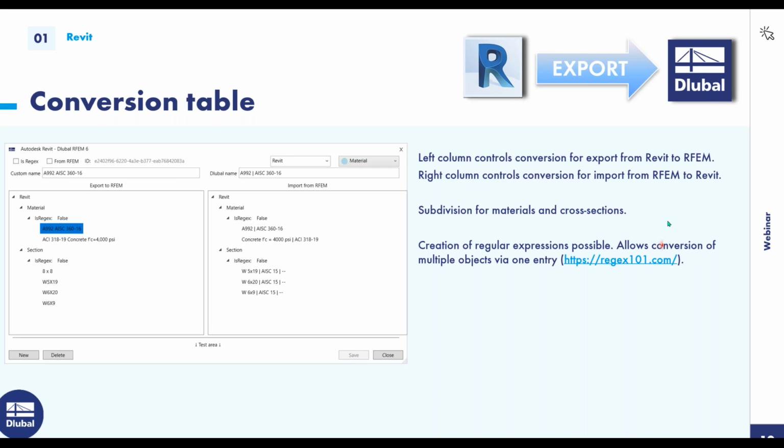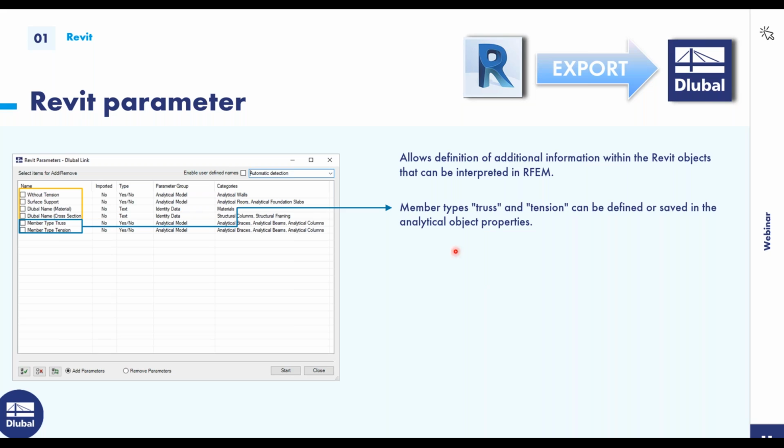And then the next topic is the doable parameters that are found in Revit. With this function, you can release or add additional parameters into the analytical properties in Revit. From the 6 that we have listed here from previously, only 2 of these right now we have working